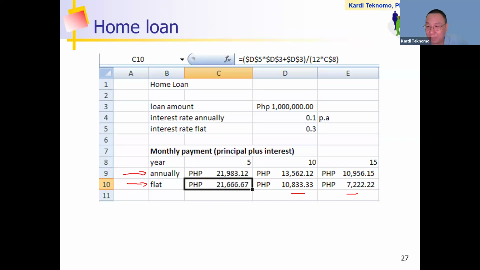So not necessarily what you see as 10% interest compared to 30% interest looks like a very big number, 3 times, but this is flat and the other one is compound interest. So in that case, you better check the details with a simple computation like this, so that you will know your decision.